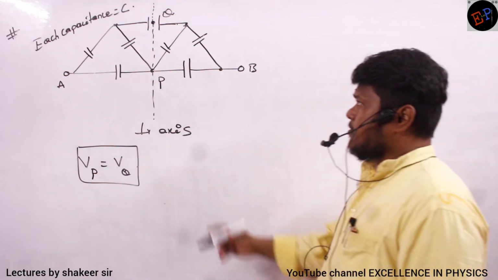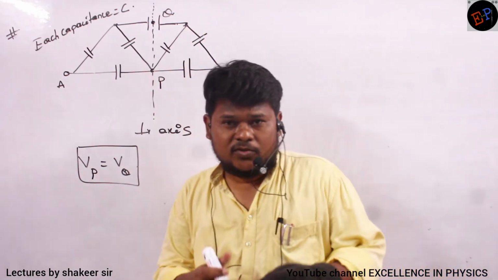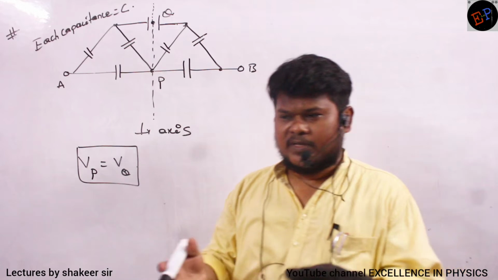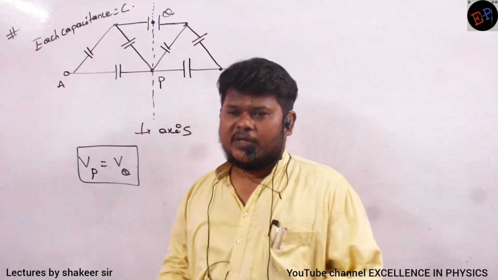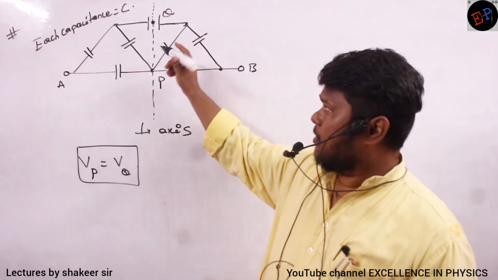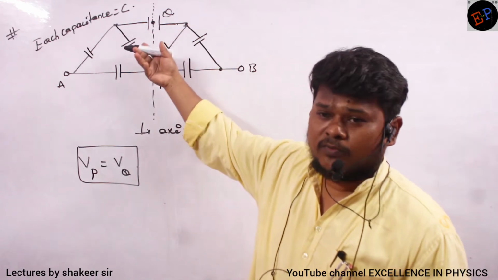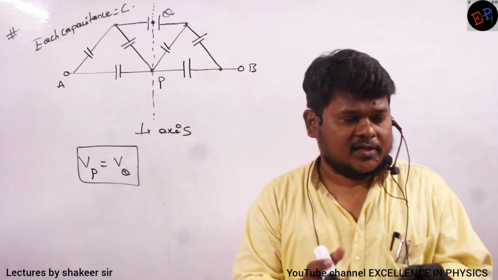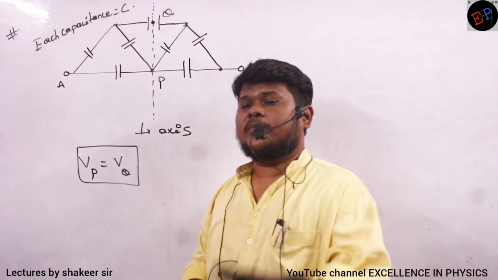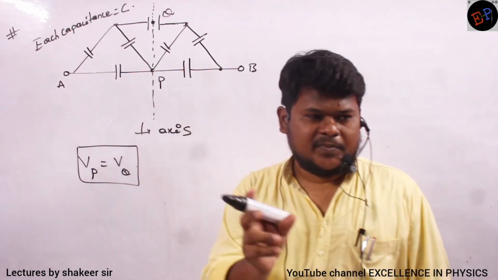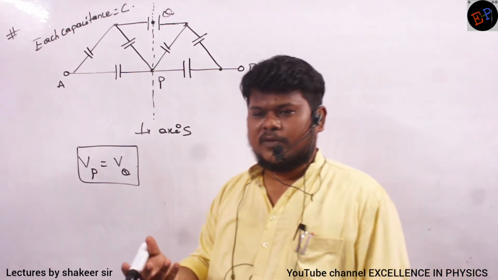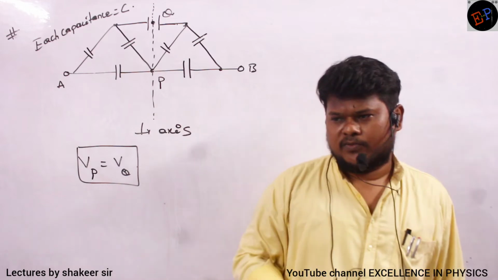So what I will do is, I will split this capacitor into two capacitors. Now what is the distance between the plates? The distance between the plates is d, no? If I split this one into two parts, I will divide the capacitor into d by 2 and d by 2. I will make the capacitors such that the distance between the plates will be d by 2 and d by 2.